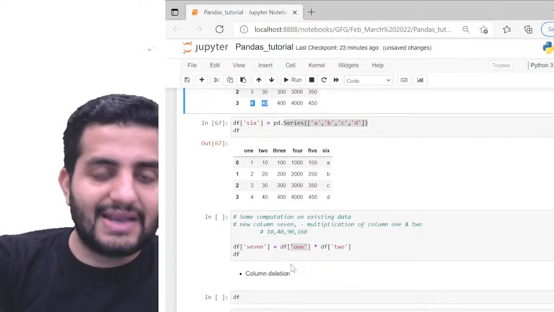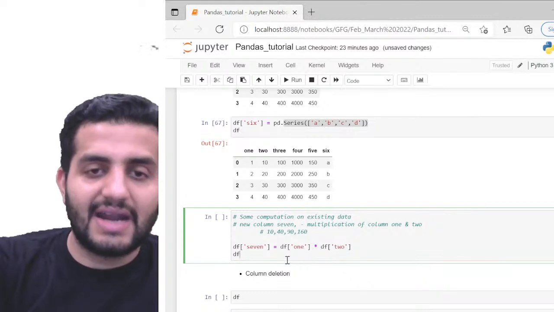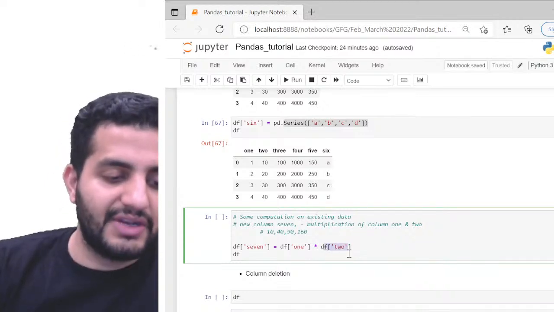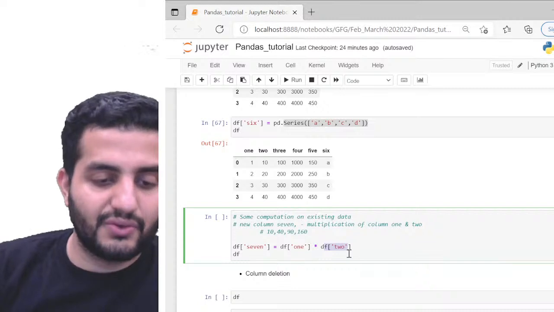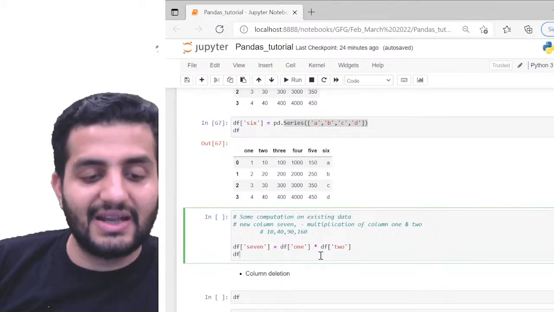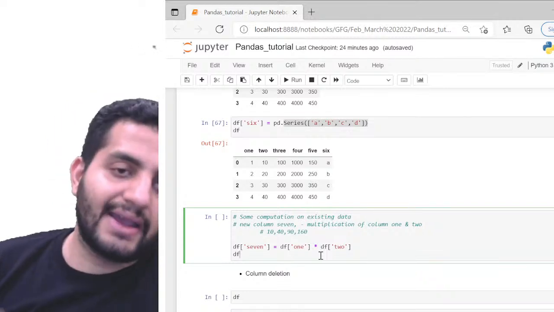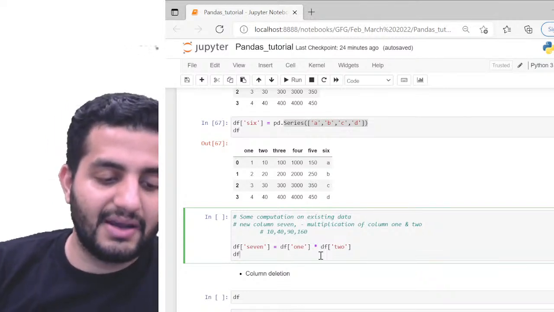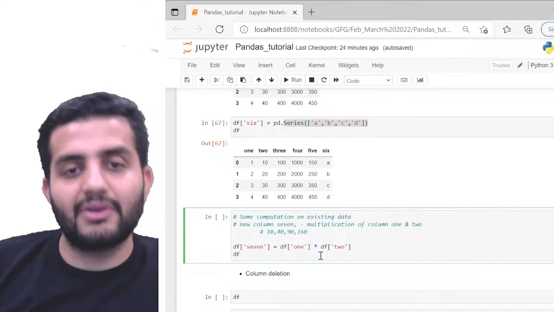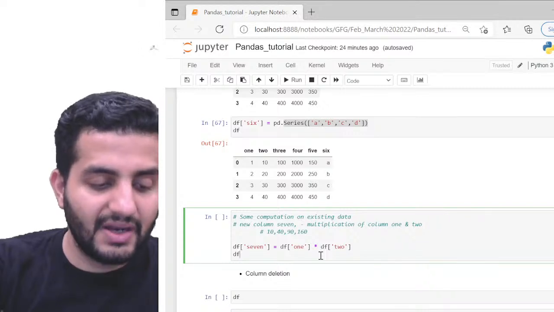So what I can do in this case is simply write df of 7, which is SEVEN, and this time, instead of passing external data, I can simply do df of 1 multiplied by df of 2, right? So ONE multiplied by df of TWO. I can pretty much do that, which is also very much fine. So I can do it either by passing an external data point here, or I can also use the existing column data, the internally available columns of the data frame as well. Both ways are fine for creating columns. Okay, clear, guys?